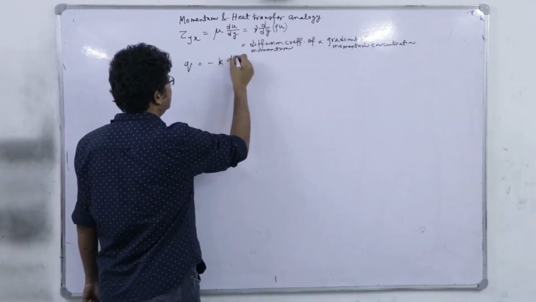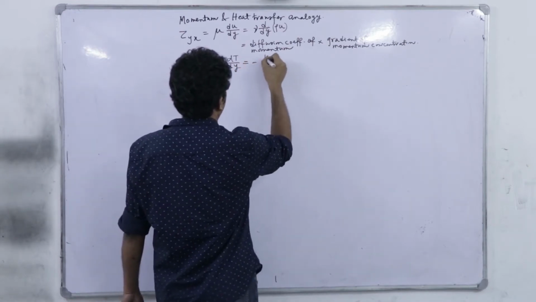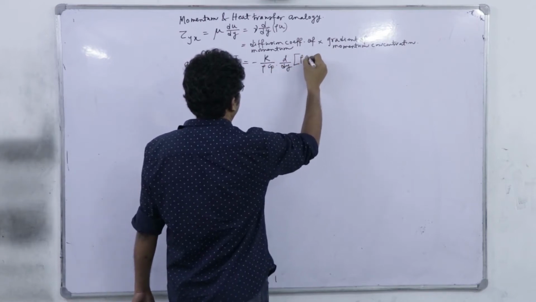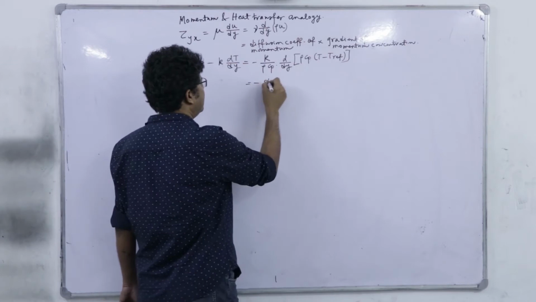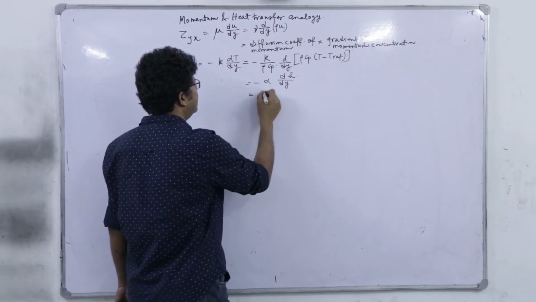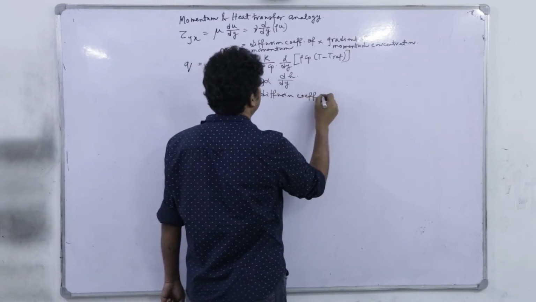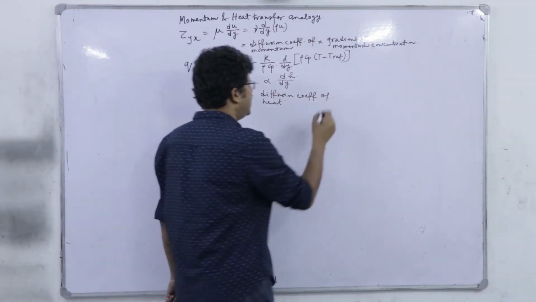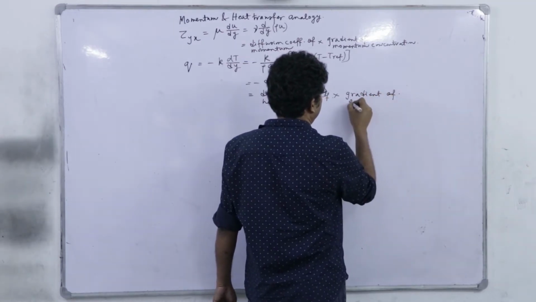Similarly, for heat, dT dy, right. So, this is minus of k divided by rho Cp into d dy of rho Cp T minus T difference. So, that is equal to alpha into dH dy. So, that is the diffusion coefficient of heat, or thermal diffusion coefficient, multiplied by the gradient of enthalpy concentration,